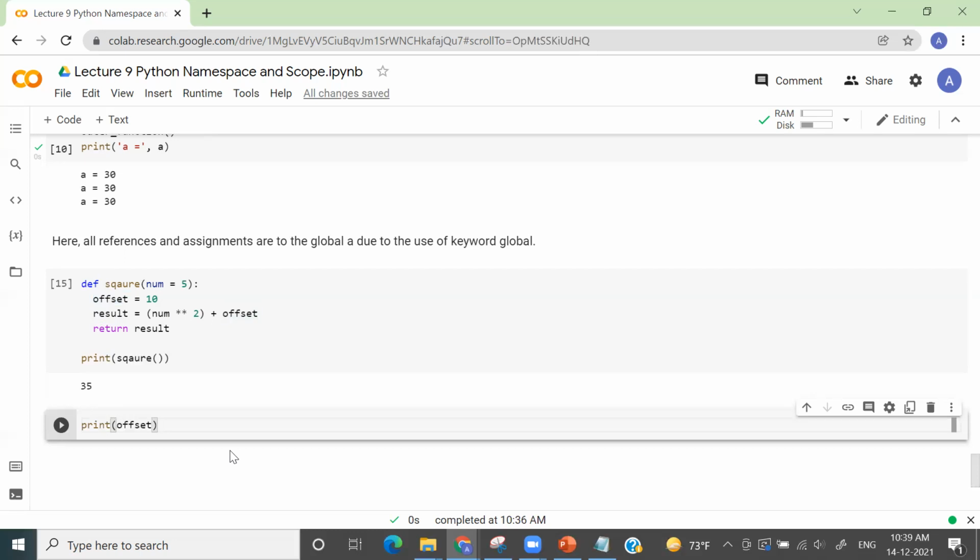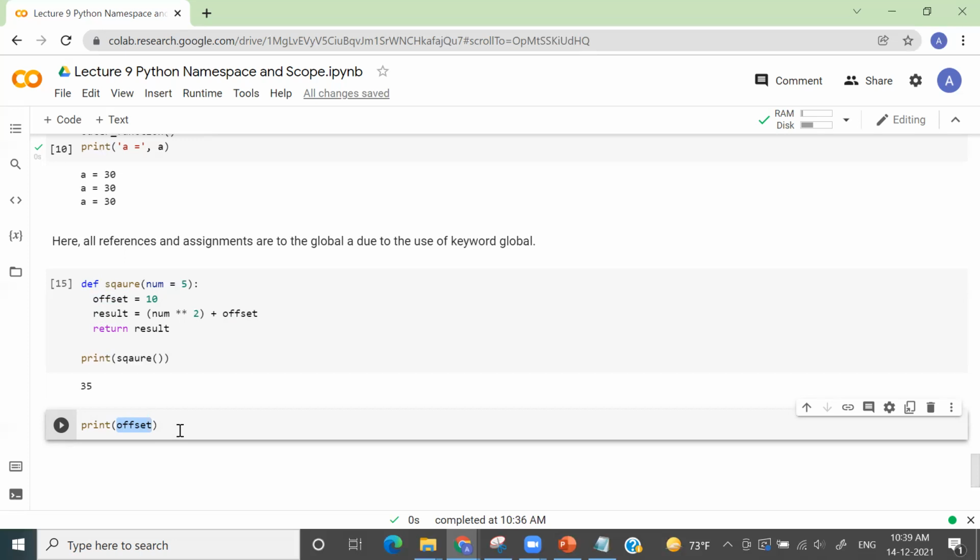But one thing I want to understand, what is the logic for thinking offset is equal to 35? I'm not saying offset is 35. Offset is added to the square, which is correct, and it is stored in the result. But if I want to print the value of offset, what would be my output? It will still give you 10. Yes, it should give me 10.